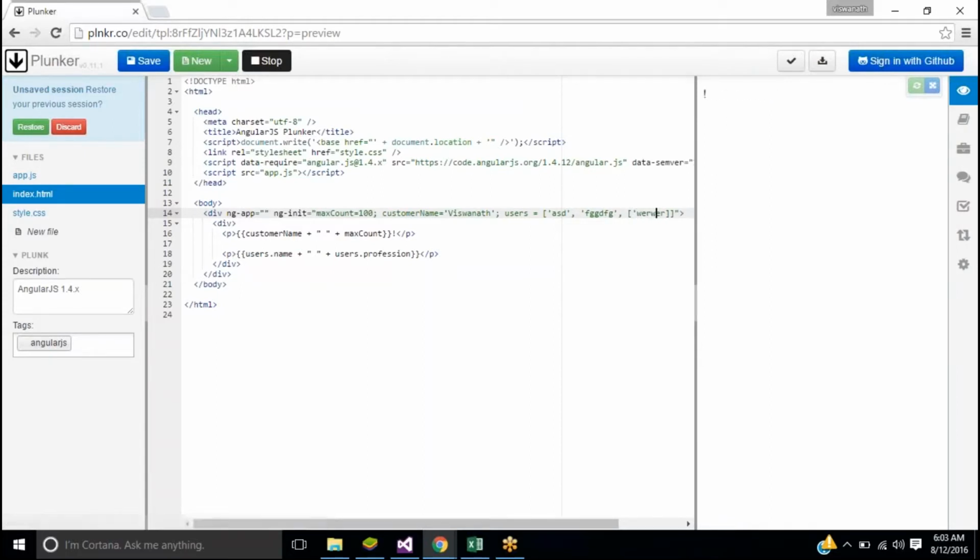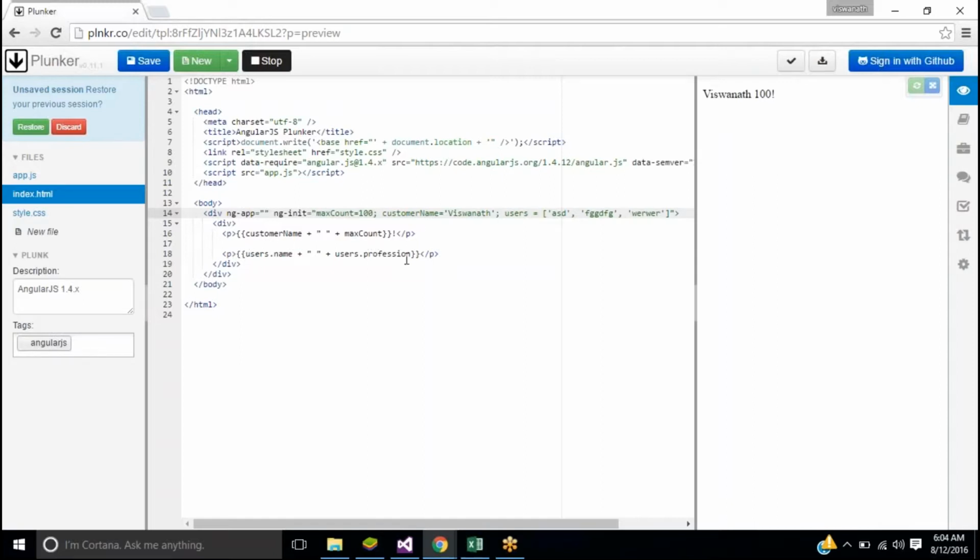So generally, like we did for objects, curly braces with key value pairs, an array is always square braces. Inside it you just keep values, and it will be initialized automatically in JavaScript. In other languages you define it the way you told me, users square braces is equal to something else, like in Java or C. But in JavaScript, you don't need anything like that. You can directly say it, and the array length is infinite. You can put as many things as you want into an array, right?